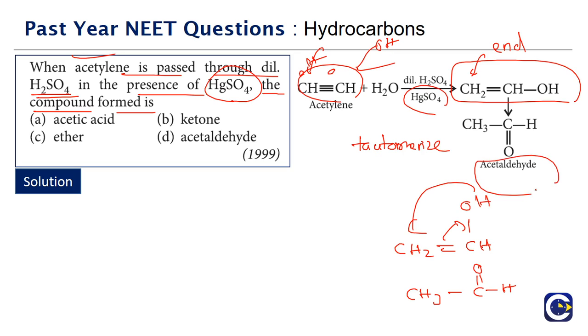Acetaldehyde. And tautomerism is not an isomerism phenomenon, it is a phenomenon where the compound will interchange. The enol form and the ketone or aldehyde form will interchange depending upon the relative stability, which decides the relative amounts of the substance that will actually exist. If the enol form is more stable, we will see more of the enol form existing. If the ketone or aldehyde form is more stable, we will see more of the ketone or aldehyde form existing. Okay, so here the compound that is formed is acetaldehyde, which is the tautomeric form of the enol that is getting formed.